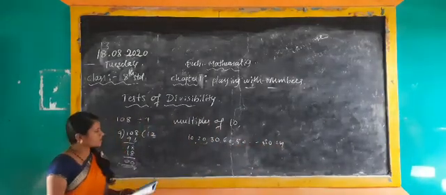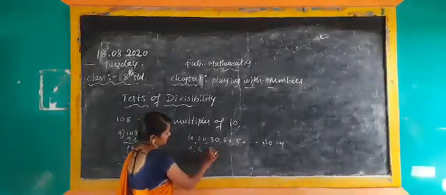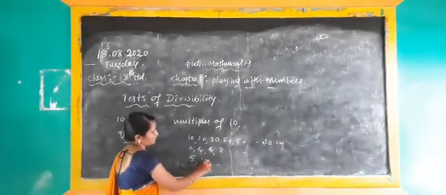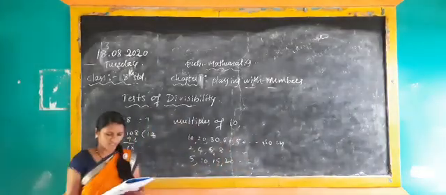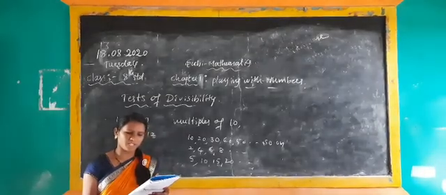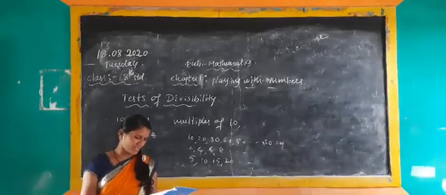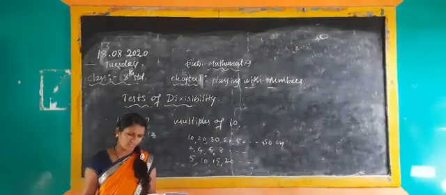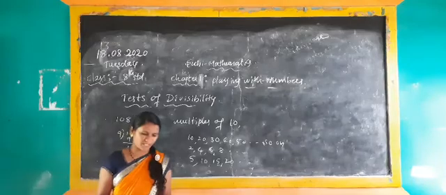You know for every number, if it is a multiple of 2, just write the tables. And multiples of 5 means 5 ones are 5, 5 twos are 10, 5 threes are 15, 5 fours are 20. These are multiples. Next, on this page number 8, you have to see divisibility by 10. Just how to divide is given. Next, same as it, divisibility by 5. Here you have to take the multiples and add them like that. I will explain that in the exercise part.